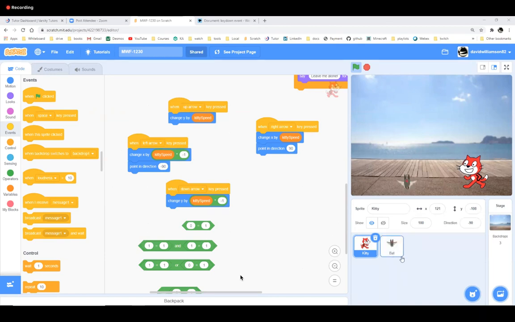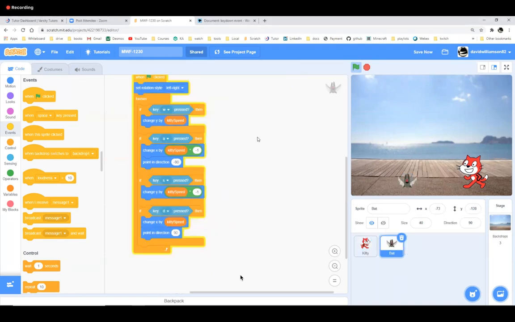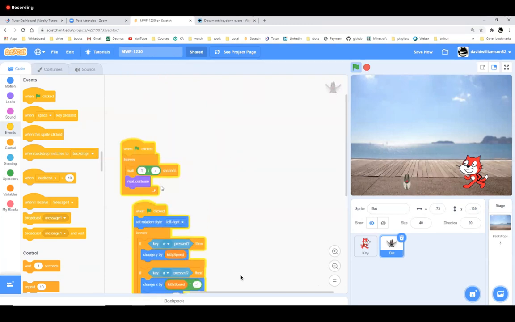Okay, so the bat, on the other hand, watch. I swear to you guys, I wanted to show you visually, but just trust me. Every time I go through this loop, it's happening again and again. Similar to this one, but I had to put the wait block here. If I took off the wait block, I think you see what I mean? It goes a little bit faster, right?